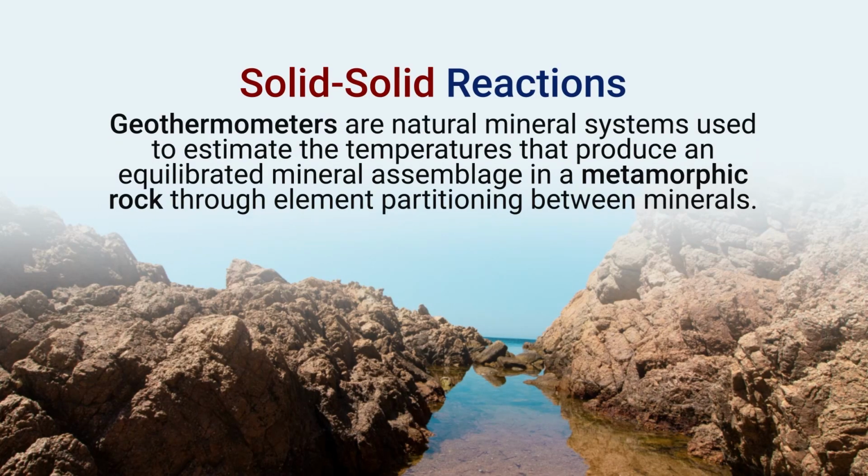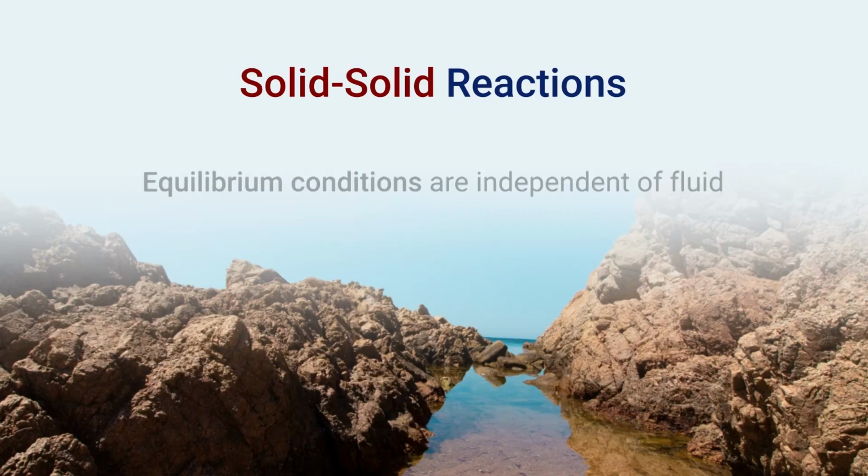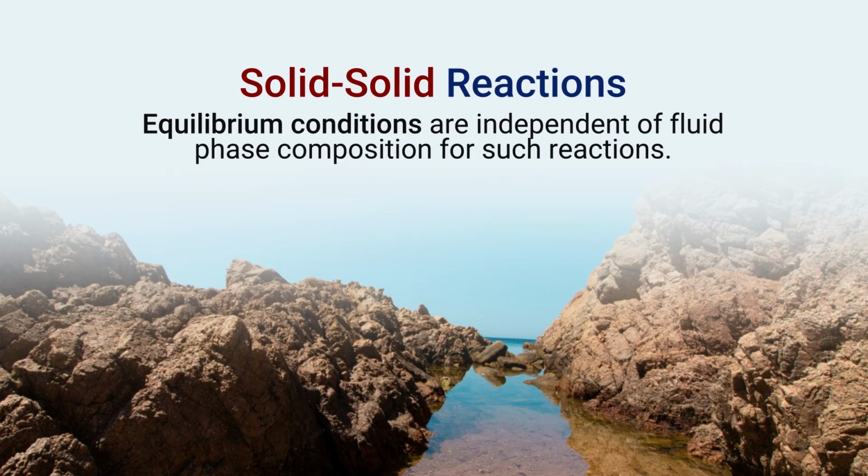Now, geothermometers are natural mineral systems which are used to estimate the temperature that produced an equilibrated mineral assemblage in a metamorphic rock through element partitioning between minerals. So, geothermometry is used to estimate the temperature, and geobarometers are used to estimate the pressure, and these are based on the mineral systems which exist. Now, these equilibrium conditions are independent of fluid phase composition